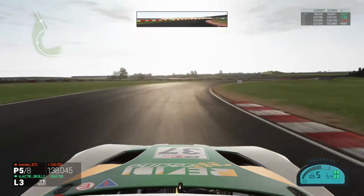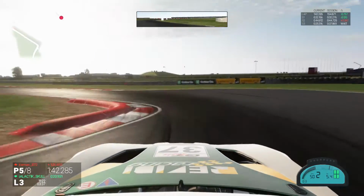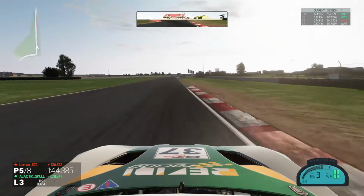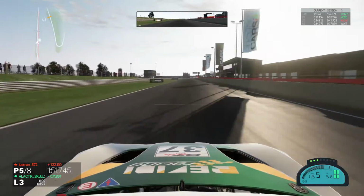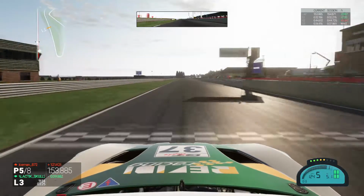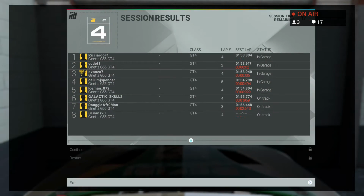But this long right hander caused a lot of people problems. Nobody knew what line to take, and it set you up most of the time wrong for that last corner, so you'd end up getting a tighter line. But nevertheless, managed to get a decent lap in. So did a 153.9, and that was enough to get me third place. So not fast enough for the pole position, but